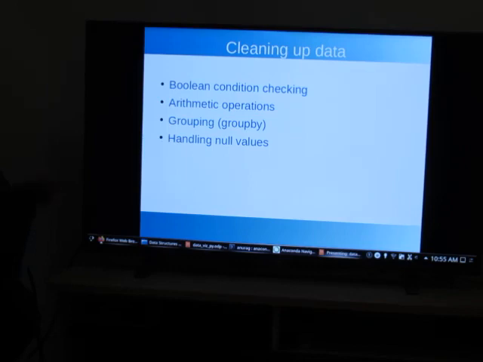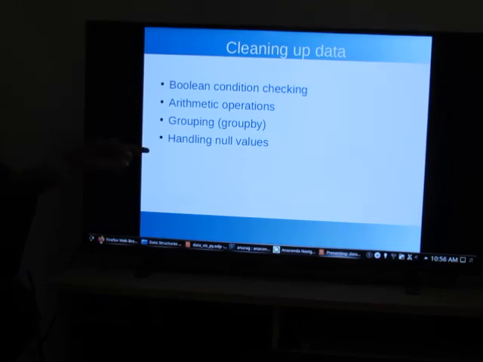Grouping, which is implemented by the group by function, helps us to group the columns which have unique distinct groups. Say if we have gender, male and female, if we apply group by on that column, it returns a group by object on which we can perform further operations, where each group is a distinct value. So all males would be considered as one group, all females would be considered as one group.